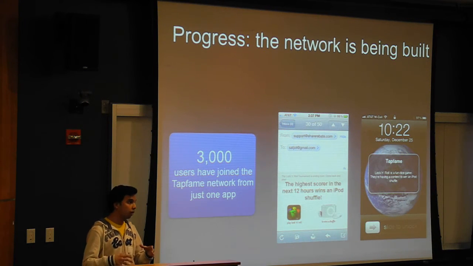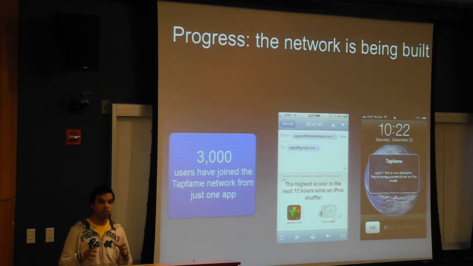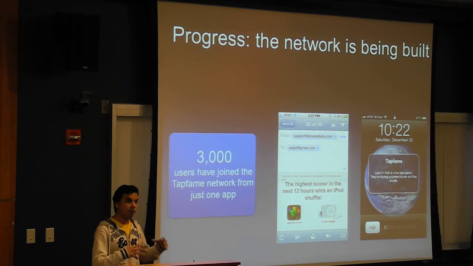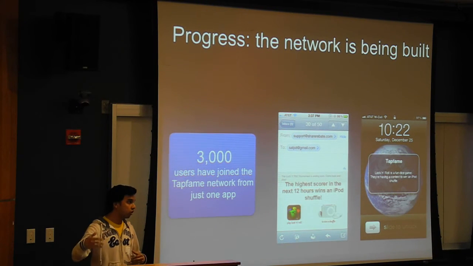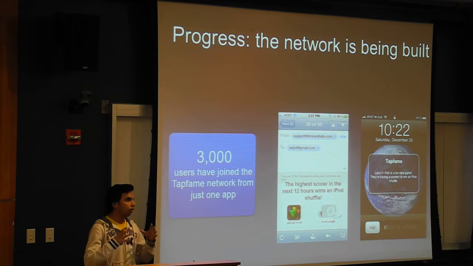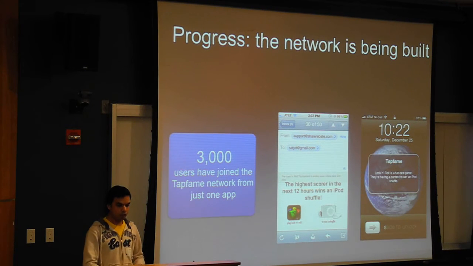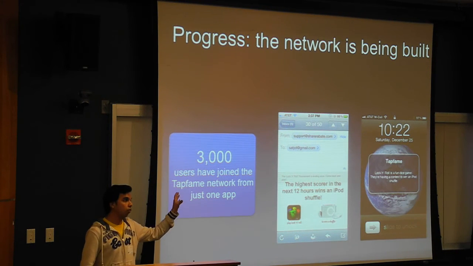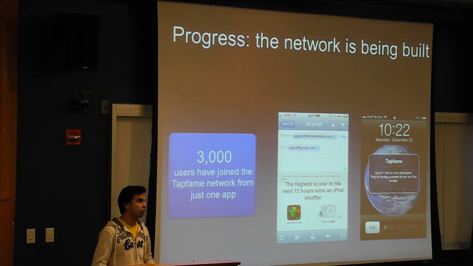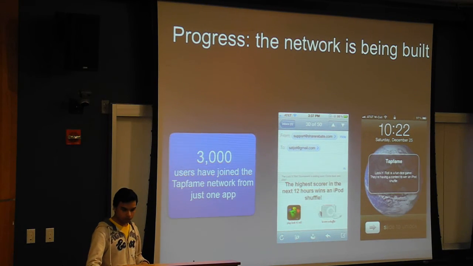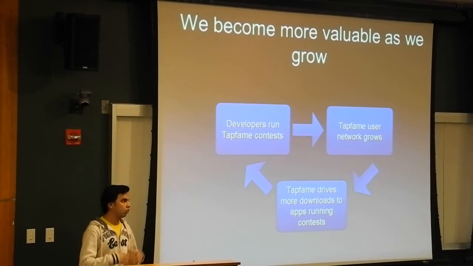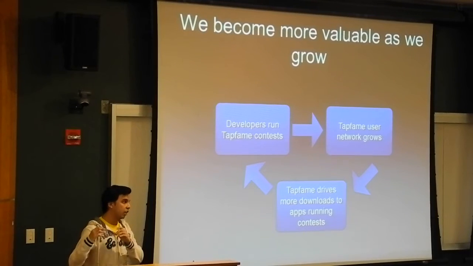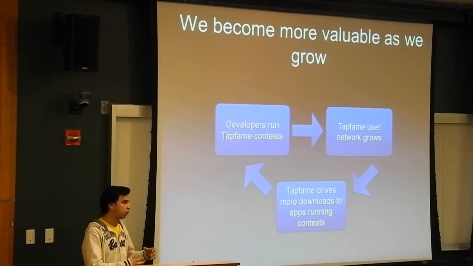So that's the discovery part that we are solving for the game developer. As soon as you launch a new game, you can be part of the Tapfame network, and we'll send an email to all the users in our network saying here's a game, it's having a contest today, go download that game. That's where our value really comes into the picture. We're also working on a native app so that users can download the app, and we can send push notifications about contests in other apps. So here's the circle. We allow app developers to create contests, we bring them engagement, and at the same time we bring them downloads through our network.